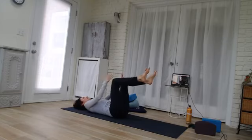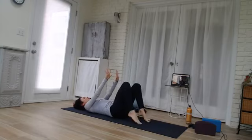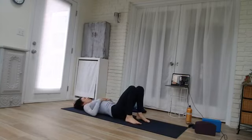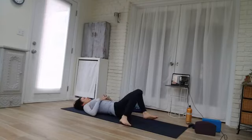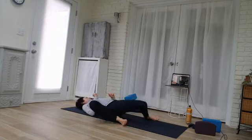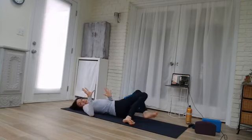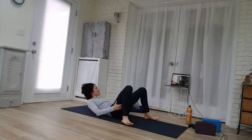So breathe fully, take the breath into it, keep elongating your spine between your hips and ribs, top of the head. One last breath. Okay, lower the feet down. And you can even take the feet a little wider. It's sometimes nice to do a little sort of careful, mobile windshield wipers as you go, and just let that open things up. Still really staying steady, not just flopping side to side